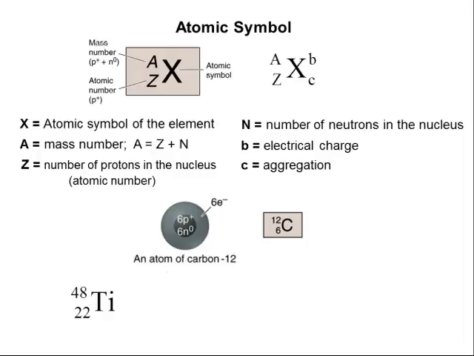Let's look at some other examples here. So I've got titanium. That's what Ti stands for. Because it's a titanium atom, I know it's going to have 22 protons, and that's in the lower left. Now this particular titanium atom has a mass of 48, so it's in the upper left. So it has 22 protons, it would have 26 neutrons, because 48 minus 22 gives me 26. All right, let's look at this sodium here. So upper left is its atomic mass, lower left is its atomic number of protons. So it's got 11 protons, it's got 12 neutrons, and now it's got a +1 charge. That's the electrical charge in the upper right.